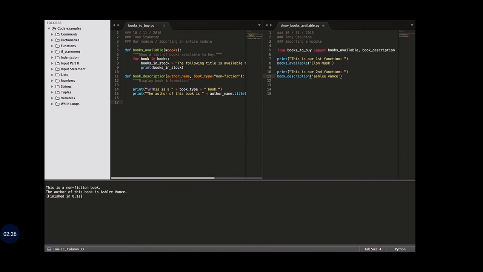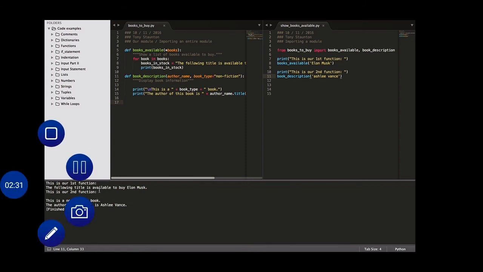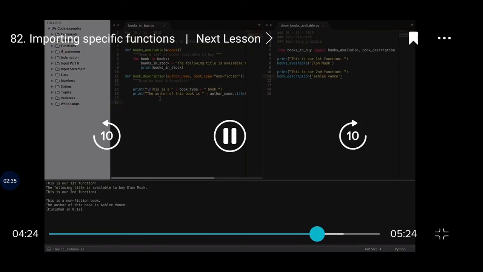There we go. And let's see what happens now when we run it. There. This is our first function. The following title is available to buy, Elon Musk. And this is our second function, so that's not exactly tidy. And why is that all the way up there? Well, it's because I haven't put in a new line here, and because this